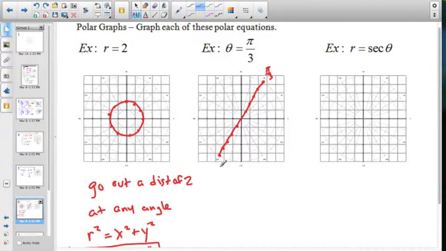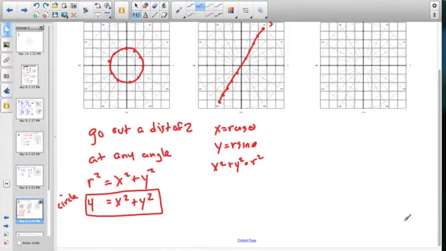So if we think about getting that linear expression, then we have to think about going back to those polar conversions. x equals r cosine theta, y equals r sine theta, and x squared plus y squared equals r squared. And so when we do this substitution, we're going to get r squared cosine squared theta plus r squared,